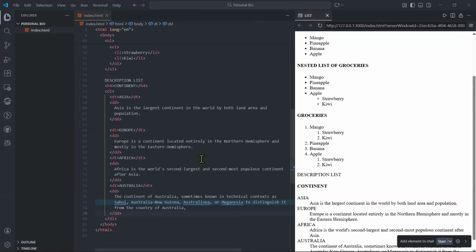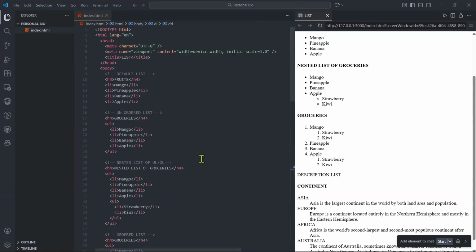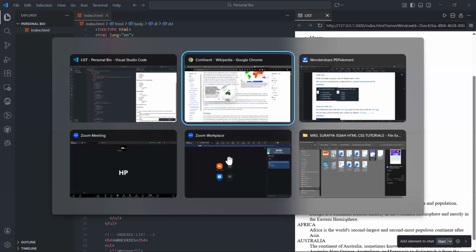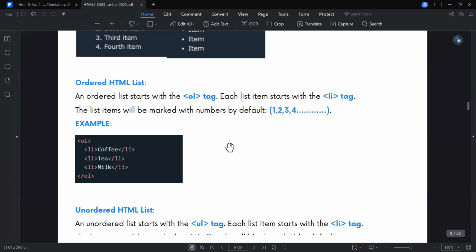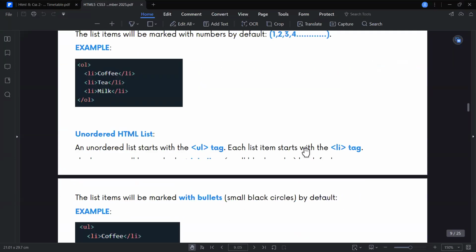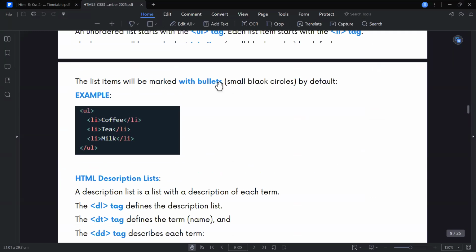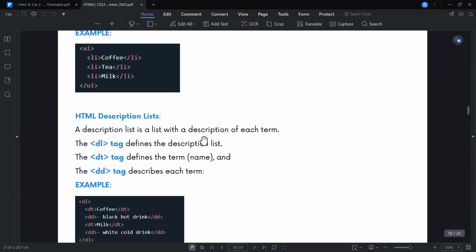So that is all about the list, description list, and other lists. You understand? So let me know if you have any questions. This one is very short and very simple. You see, in the PDF, it is already there. It's explaining how it is. Look at the DL